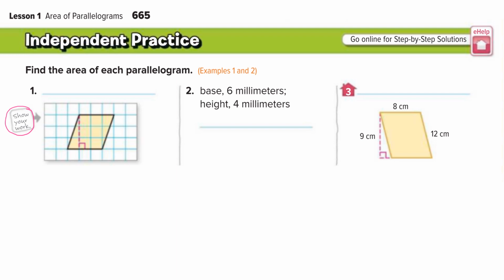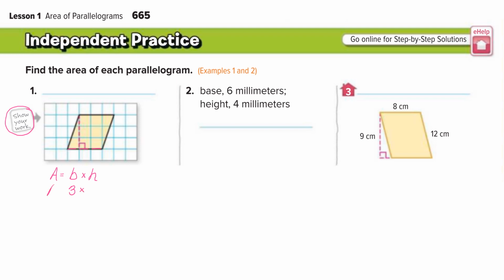All right. We're going to find the area of this parallelogram. We know that area equals the base times the height. So we're going to count out the base. The base is the bottom. 1, 2, 3 units